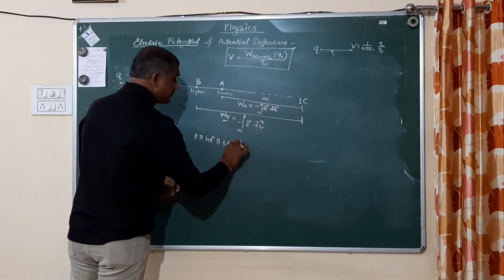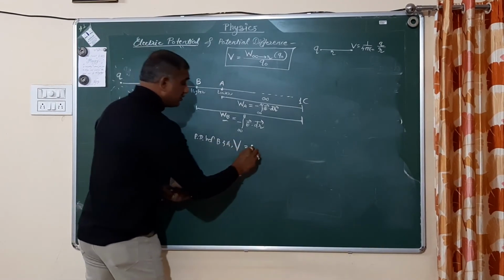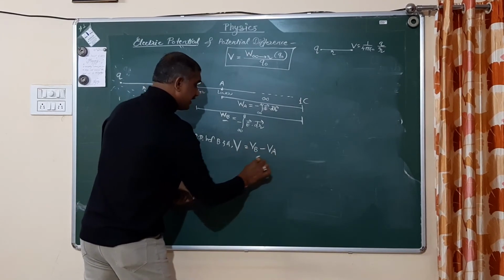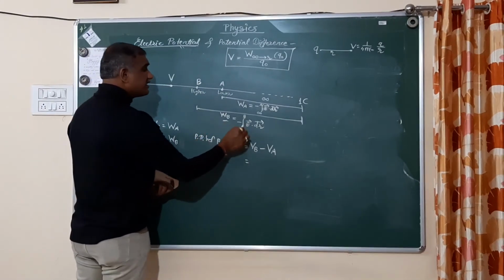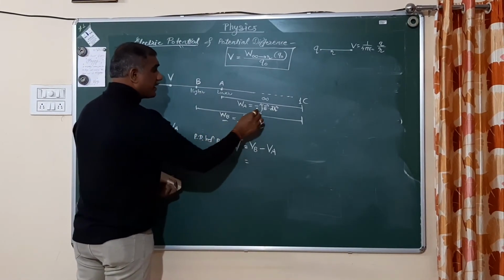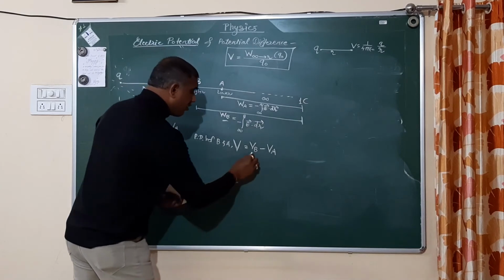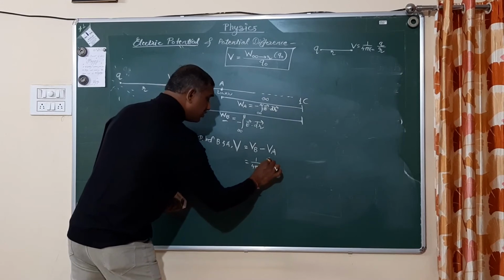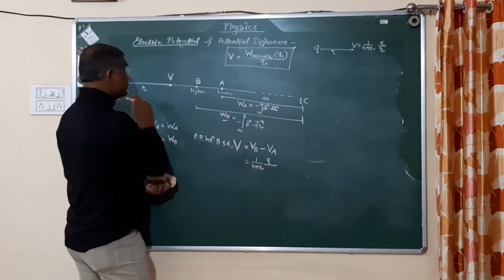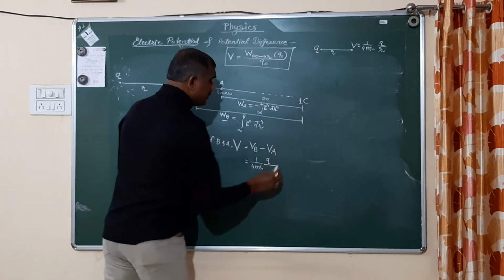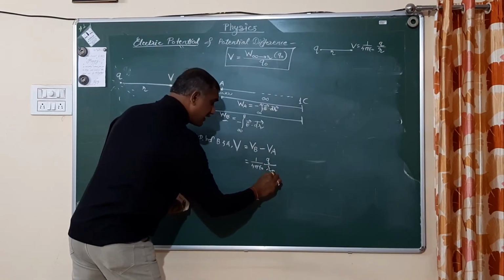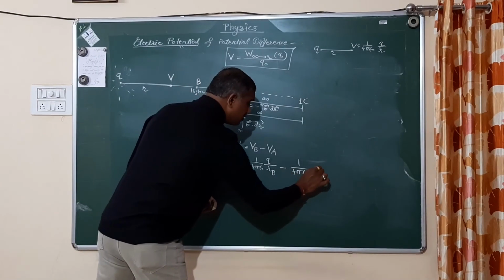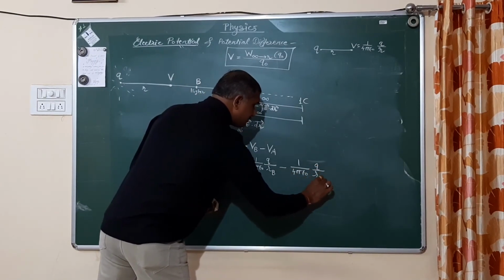that is denoted as, suppose V again, is equal to V at B minus V at A, which is equal to integration E dot dr. This minus this you can find, or V at B is equal to 1 upon 4 pi epsilon 0 Q divided by the position at B, that is R suffix B, minus 1 upon 4 pi epsilon 0 Q divided by R suffix A.